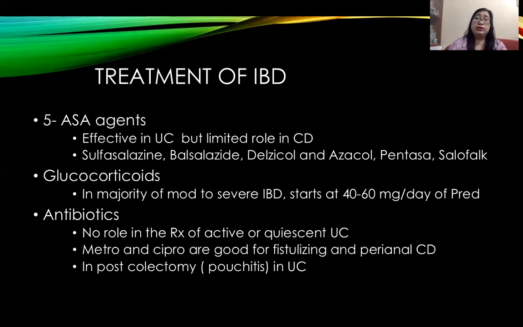Glucocorticoids are given in the majority of moderate to severe inflammatory bowel disease, at a dose of 40 to 60 milligrams per day of prednisone, and then you start tapering it down. Antibiotics have no role in the treatment of active or quiescent ulcerative colitis. But metronidazole and ciprofloxacin are good for